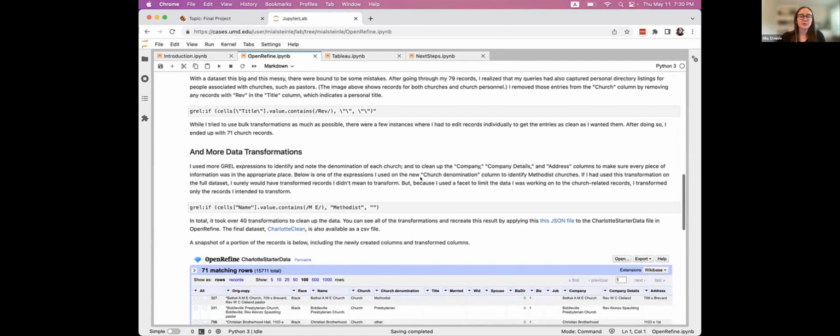And from there, I used even more GREL expressions to identify the denomination